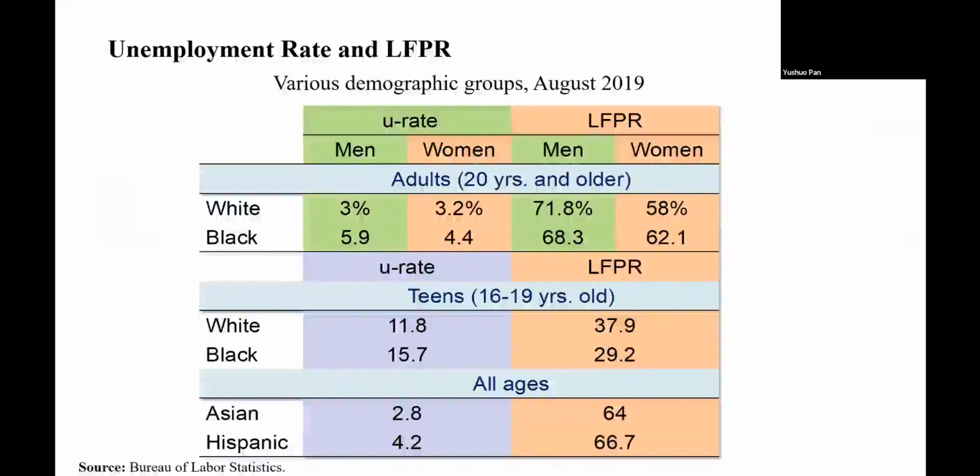According to this table, that's the various demographic groups, and the data is from August 2019. So what can we get from this table? First of all, the first row is the white, men and women, and labor force participation rate. We can see that for white men in the United States, the labor force participation rate is higher than for women, which means white men